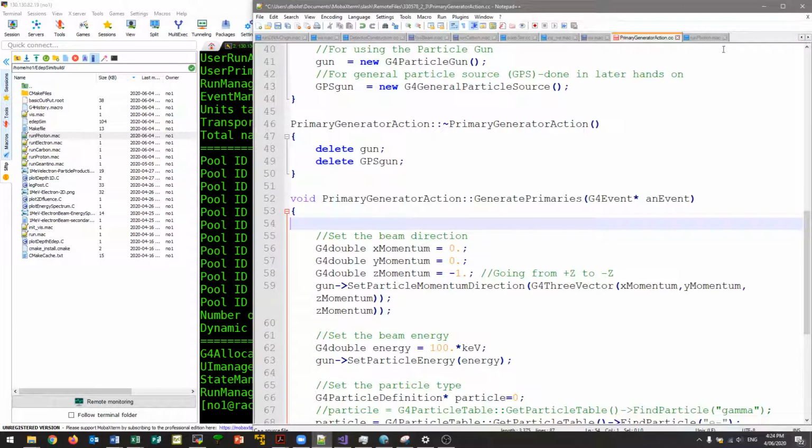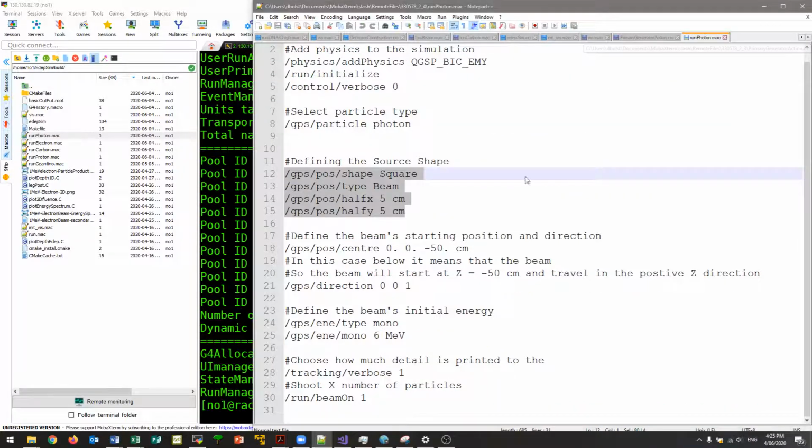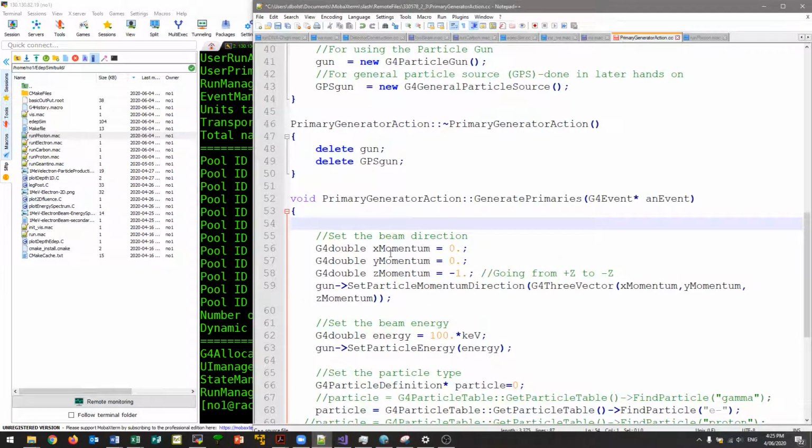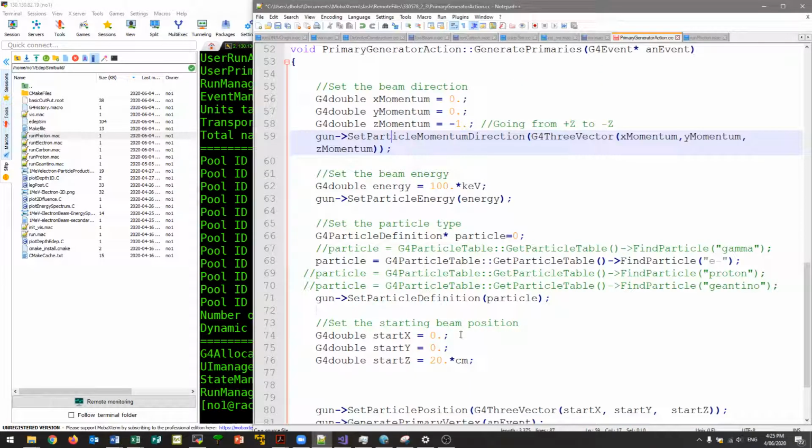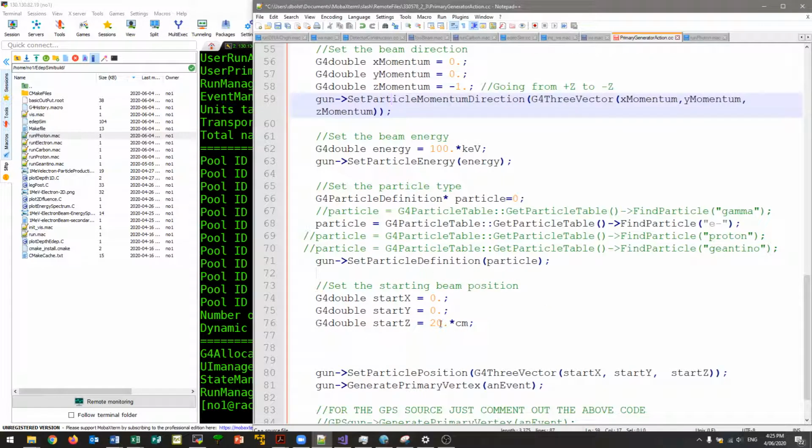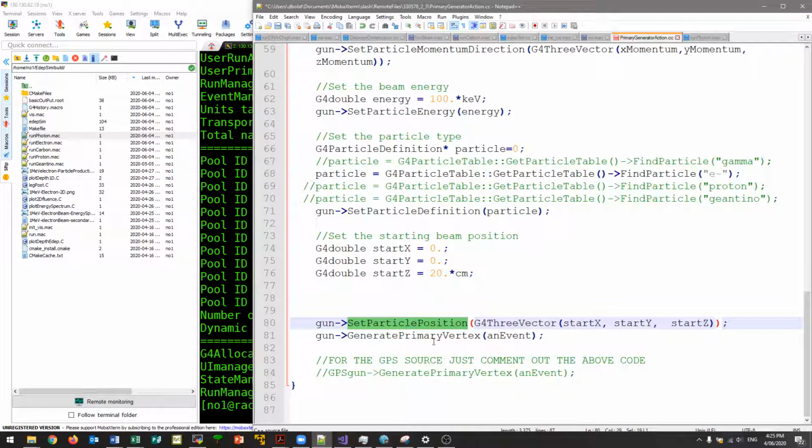And just like your GPS in the macros, which has all these particular commands, the primary generator action has all these commands as well, and with these various options. So just like with our particles, you could set the particle type. So here I've just got a few examples of electron as in the format. So same names as the macro. And just like the macro, you've got your starting positions and the various functions that you give it. And so let's just